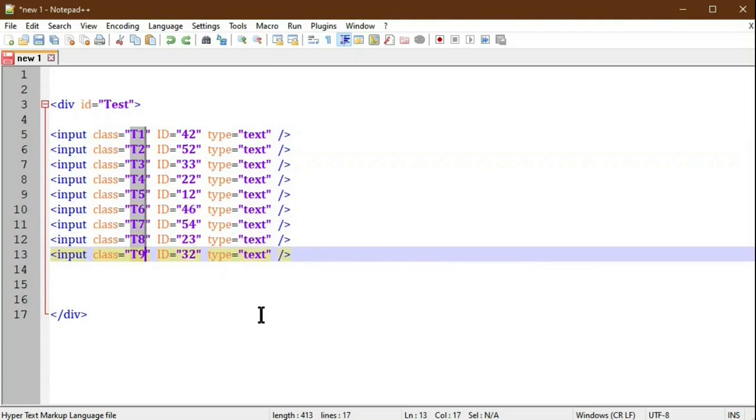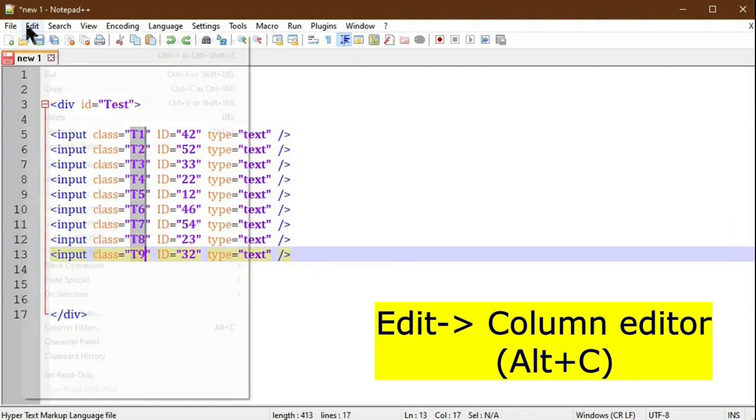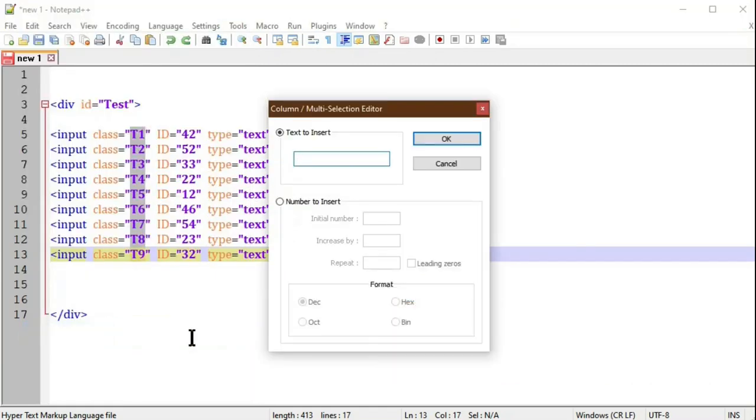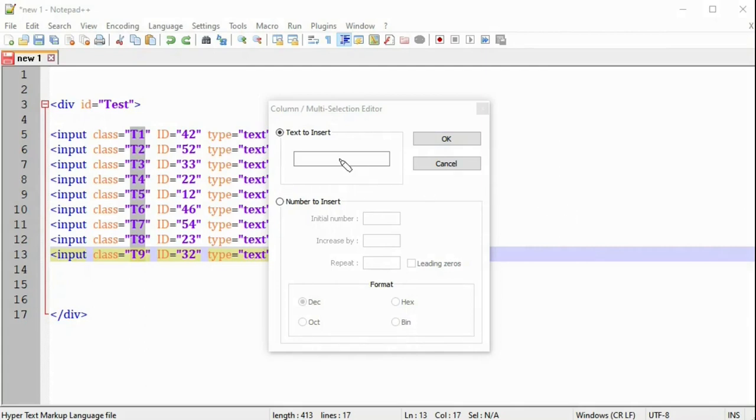To edit this value, we can directly type it, or another option is also available. We can go to the Edit menu, then Column Editor, and it will open a dialog box. The dialog box has two options: one is text to insert, another is number to insert.